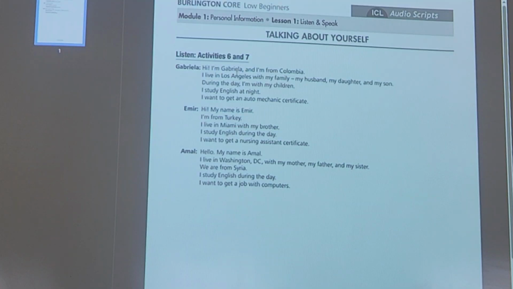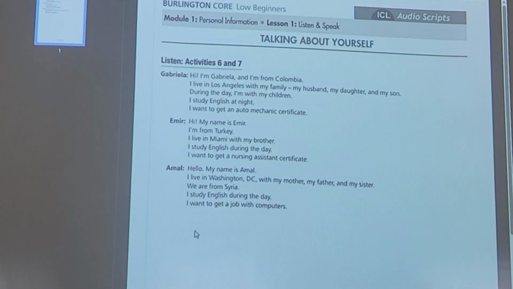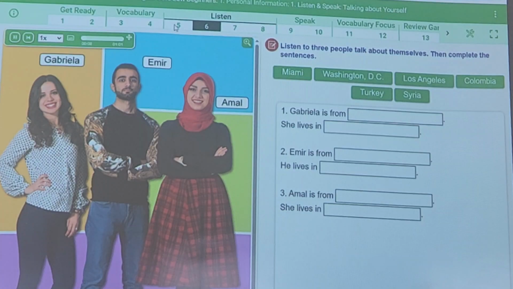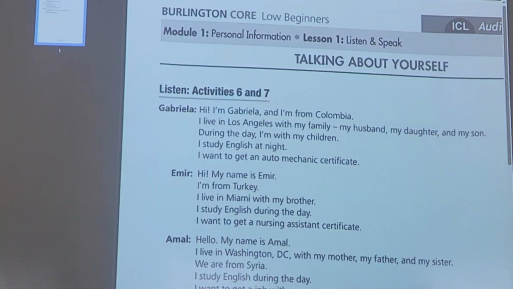Hi, I'm Gabriella, and I'm from Colombia. I live in Los Angeles with my family, my husband, my daughter, and my